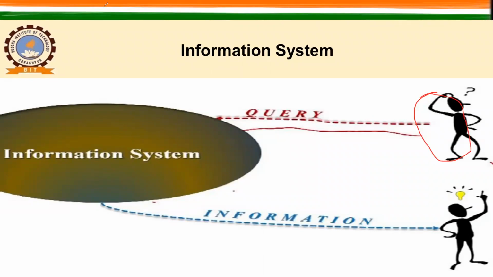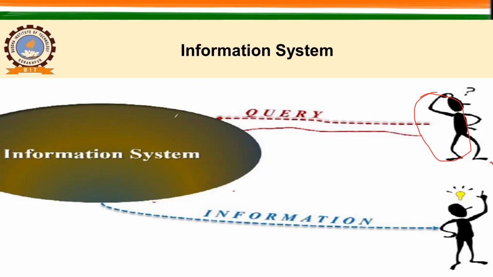Now what will he do? He will just ask his query. Suppose you have some query. So what do you do? You just ask a question. It may be related to math that you want to learn, and then you send this query to the information system, and the information system understands that question, and then it provides some answer. So that is the meaning of information system: a system which can provide answers to your questions.